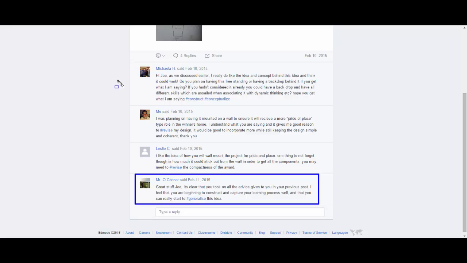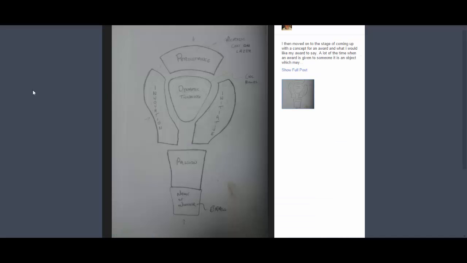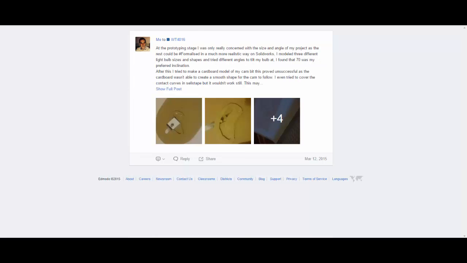Instead of trying to grasp their idea there and then and give them feedback, you're able to look at it more and see what they're on about, what they're trying to get through, and then tell them if they're on the right track. You might ask a few probing questions like Michaela did to me, and say, yeah, it's looking good, move on to the next stage. And then I was able to make a physical prototype.